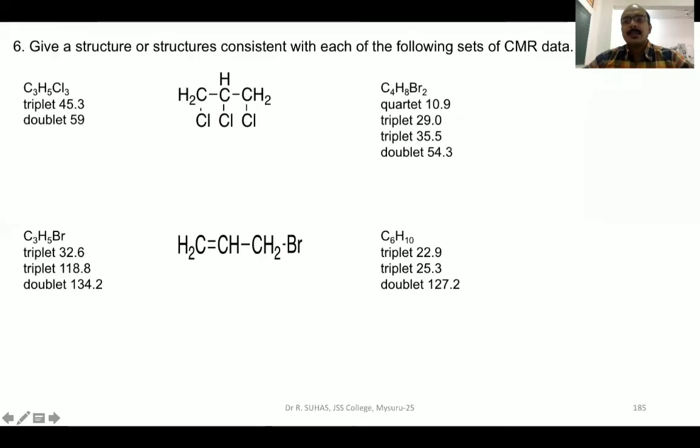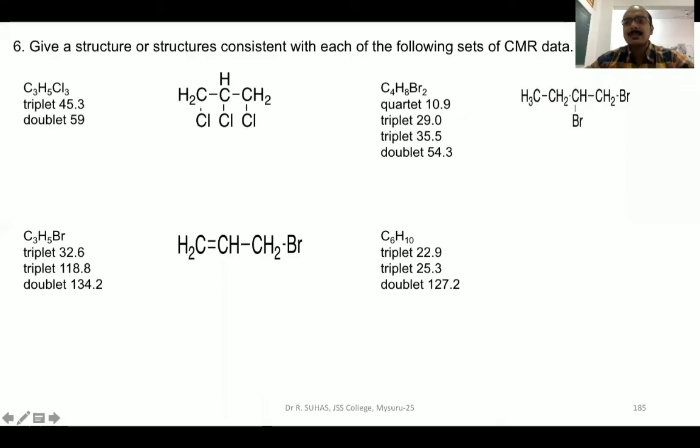We will now move to the next set of data, C4H8Br2. You will see that here there are 4 carbons and there are 4 values. That means all the 4 carbons in the compound are present in different chemical atmosphere. Quartet 10.9, triplet 29, triplet 35.5, doublet 54.3. So quartet means there should be CH3, triplet CH2, triplet CH2, doublet CH. And also you can see that all the carbons are saturated as there is no value above 100, and hence